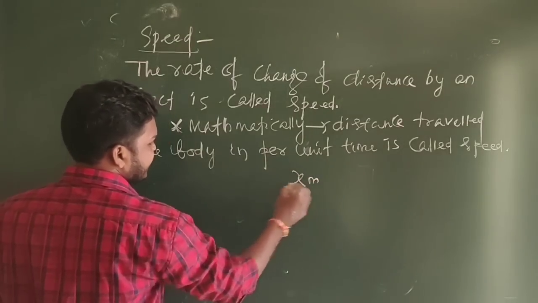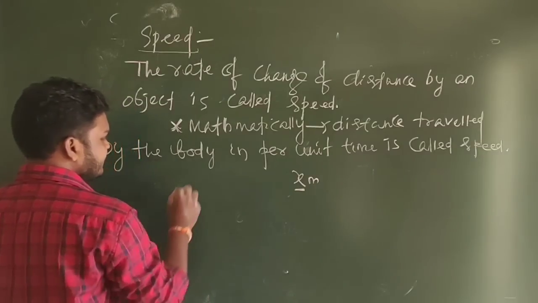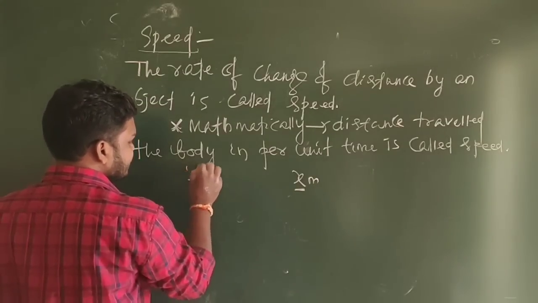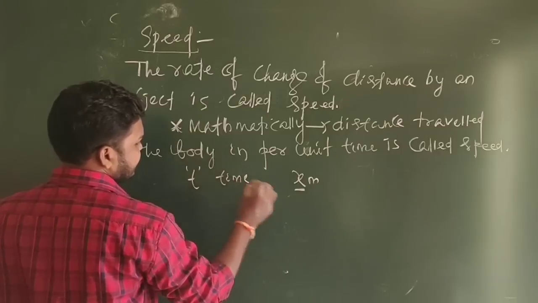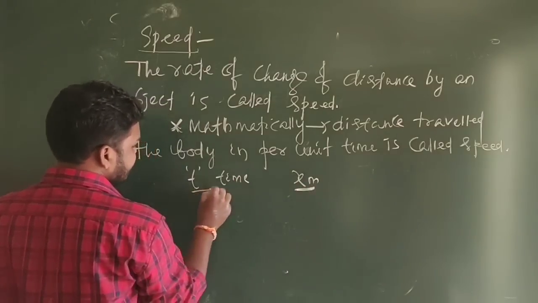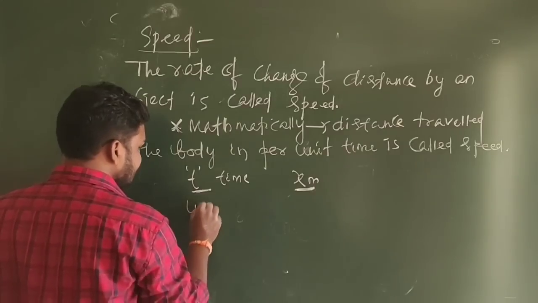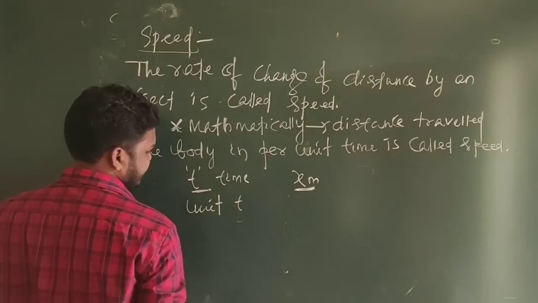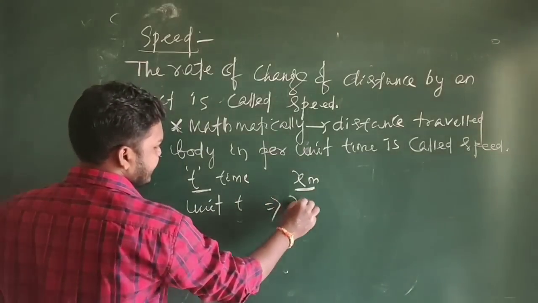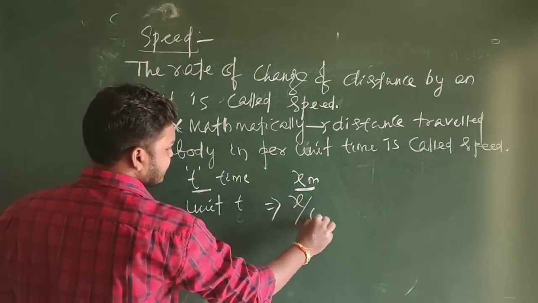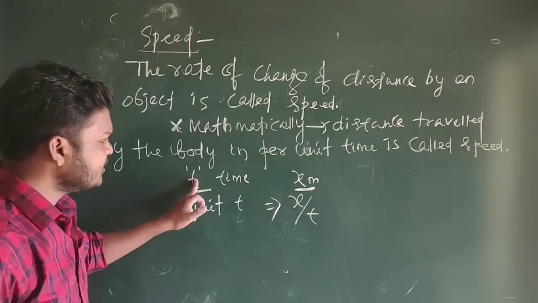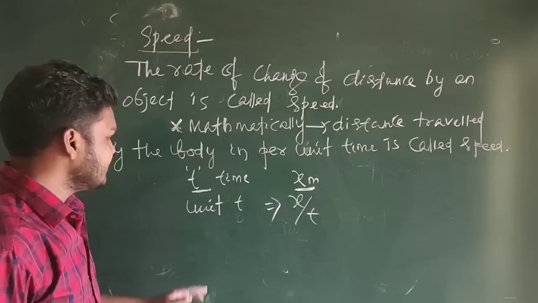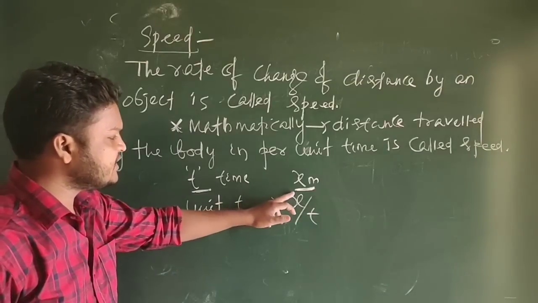Suppose a body travels x meter in t time. Then, how much distance is traveled in unit time? That is x upon t. Because in t time the body covers a distance x, then in unit time the body covers a distance x